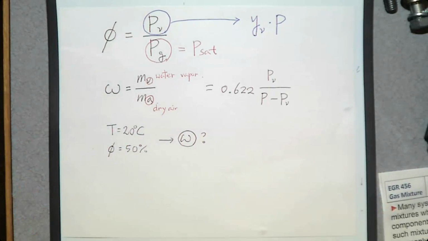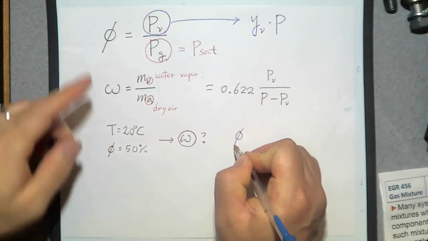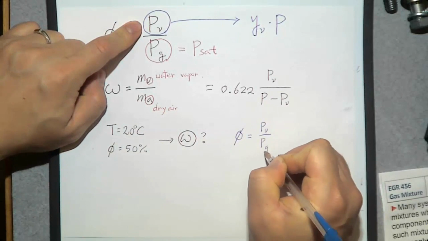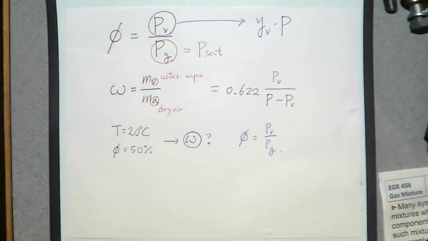first, the most important parameter here is going to be PV. So we are going to determine PV, the partial pressure of water vapor. How do we do that? We know relative humidity phi, so phi is by the definition PV over PG. Then what is PG? Saturation pressure. Saturation pressure at what condition? At 20 degrees Celsius. Then you can go to the steam table to determine P sat at